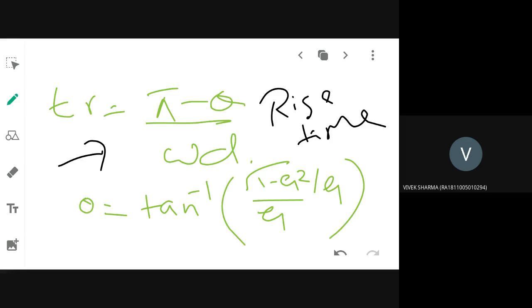Okay. This theta factor, one more theta factor will not come. Now you take down. Tan inverse of square root of 1 minus zeta square divided by zeta is my theta. Have you taken it down now? Yes, ma'am. Okay, then one more factor.